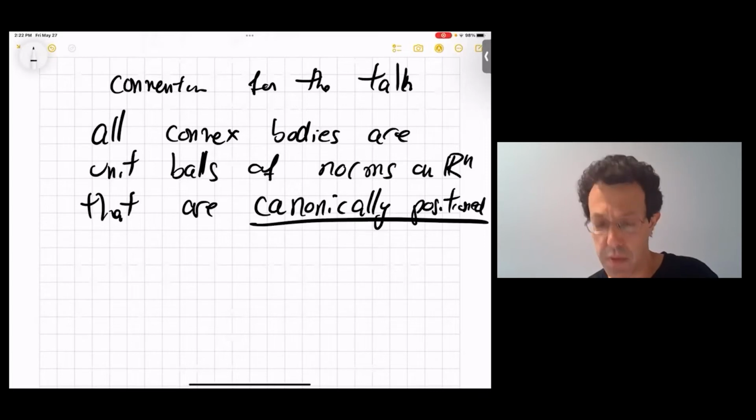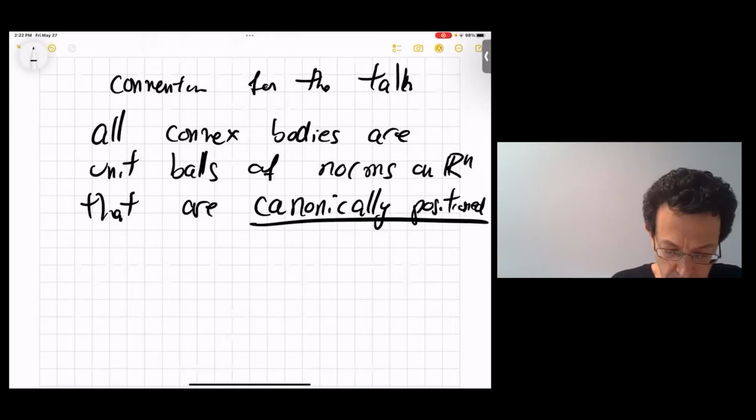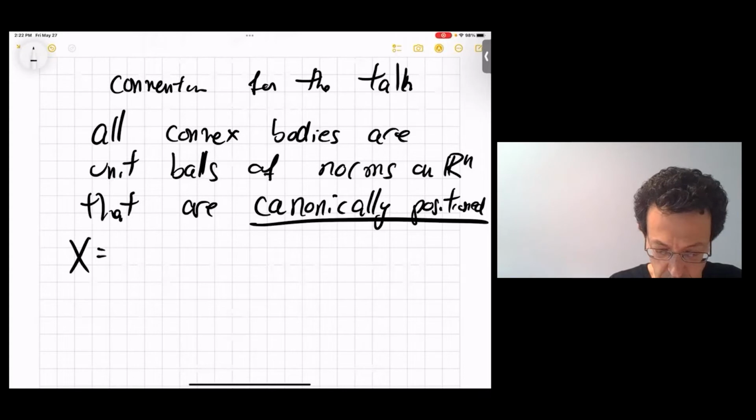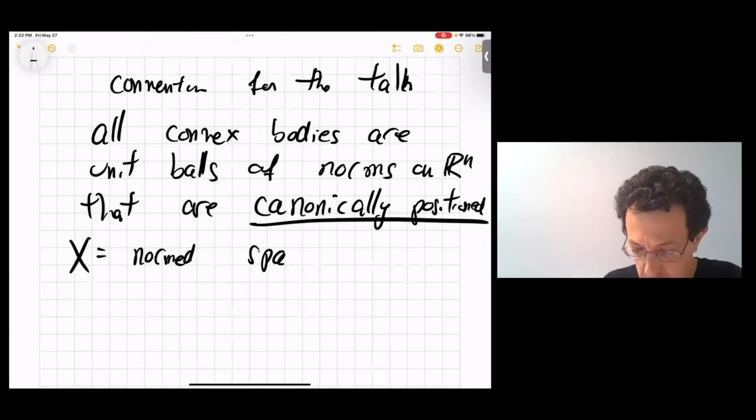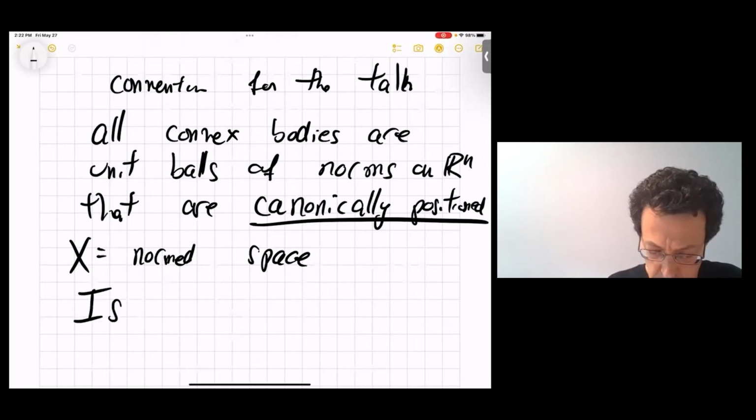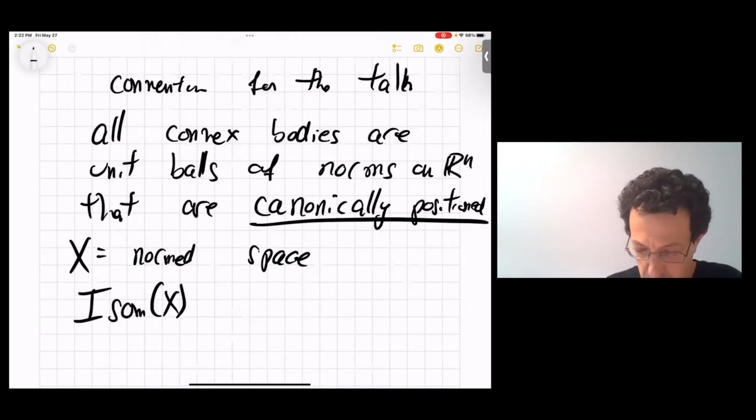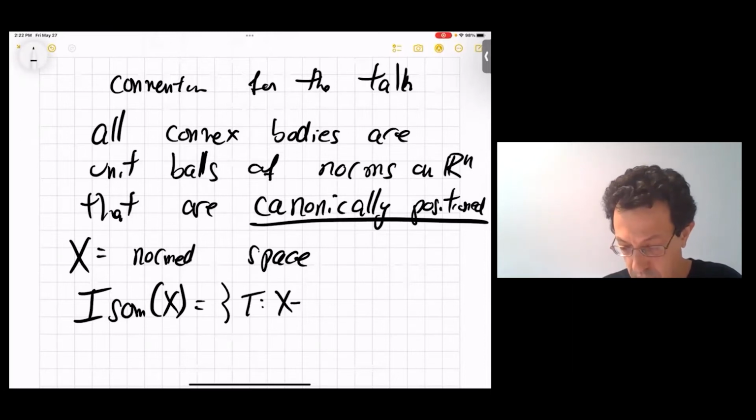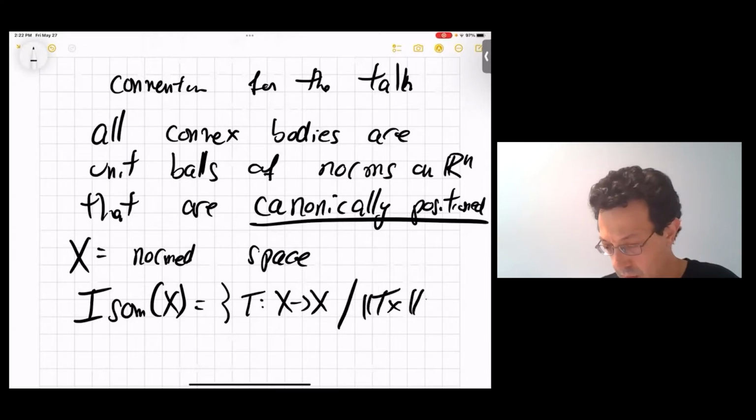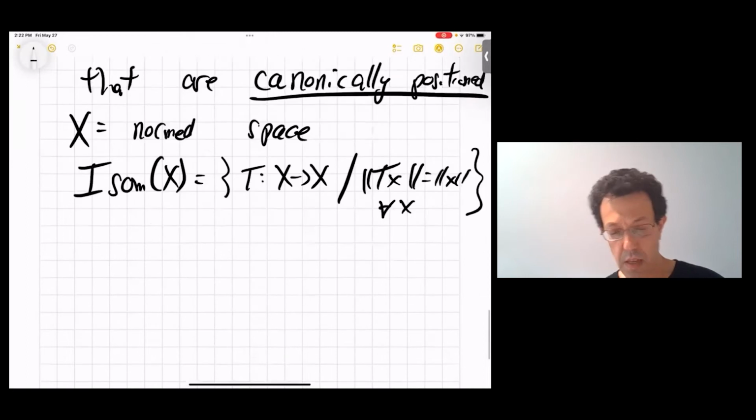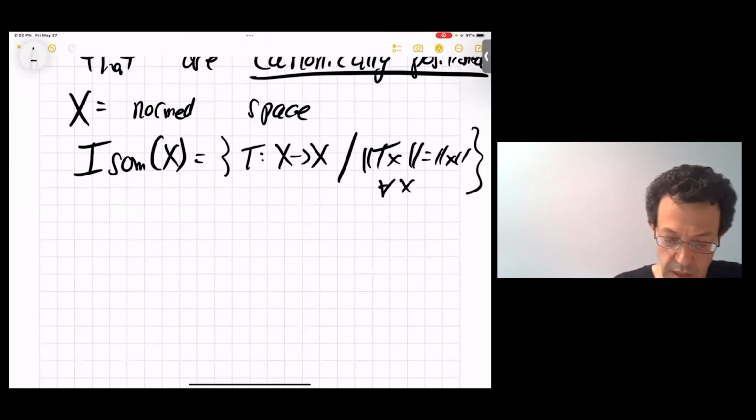What do I mean by canonically positioned? If X is a normed space, then it has an isometry group: all the linear operators from X to X that preserve the norm. And X is canonically positioned